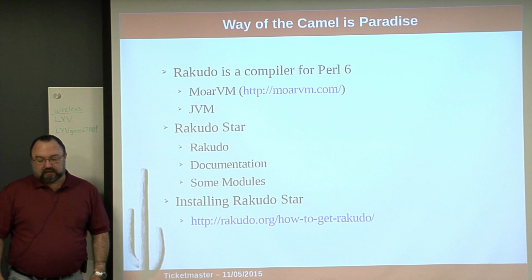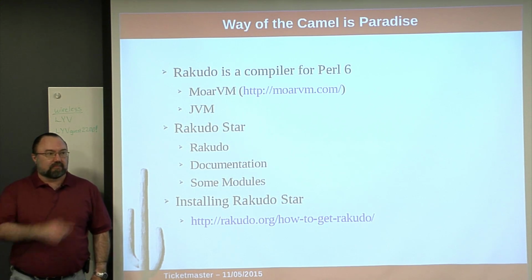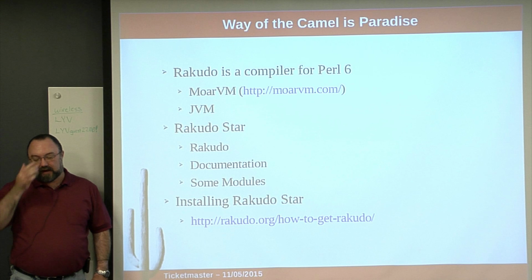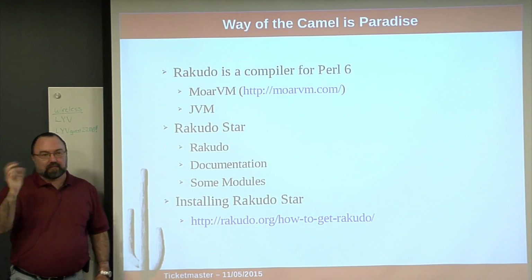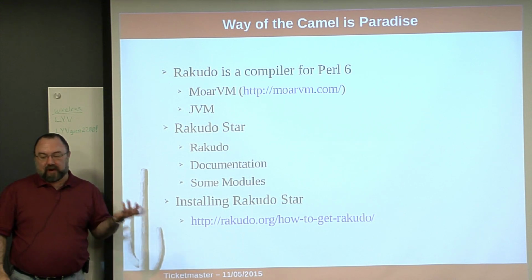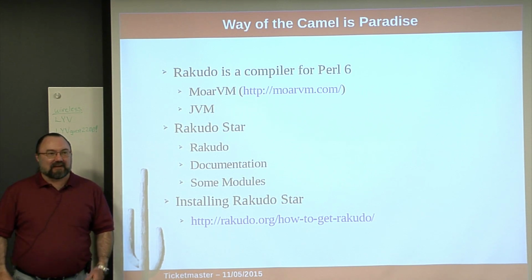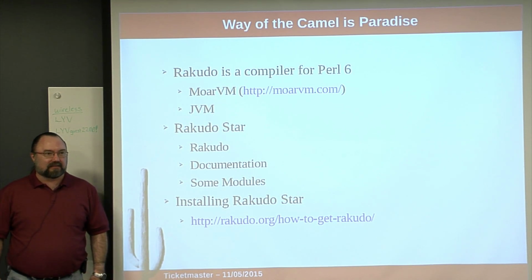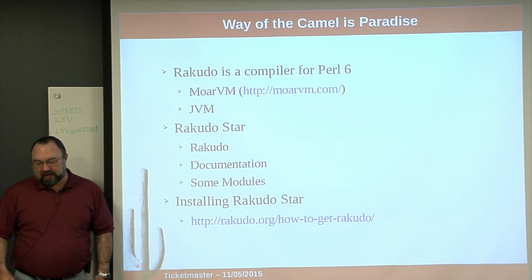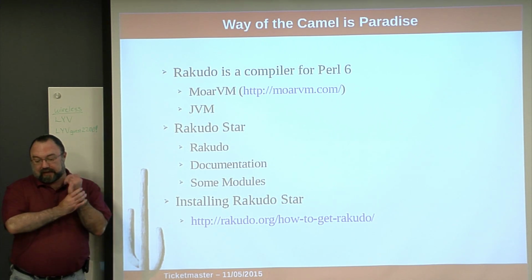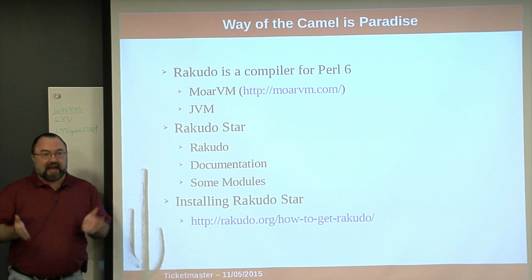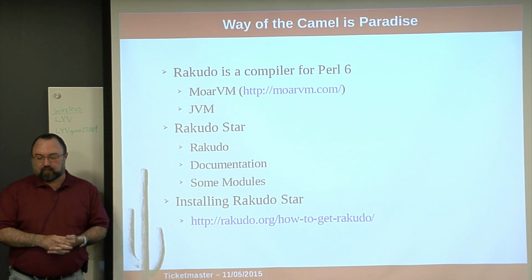So the joke at the top I have to explain, because I'm assuming most people here don't speak Japanese. Basically, rakudo comes from a Japanese word which, if pronounced slightly differently, either means way of the camel or paradise, depending on how you pronounce it. So anyways, Damian Conway came up with that, so I thought it was appropriate. So rakudo is a compiler, and I stress a, because you could have more than one,